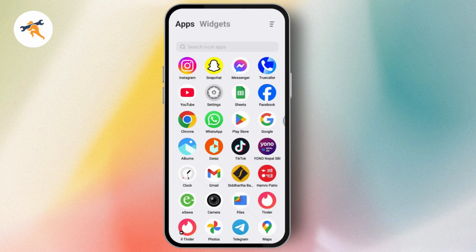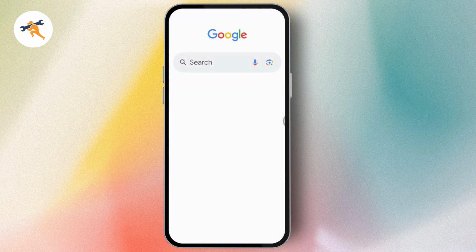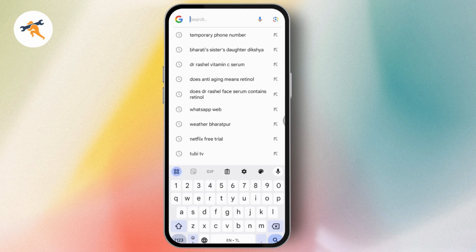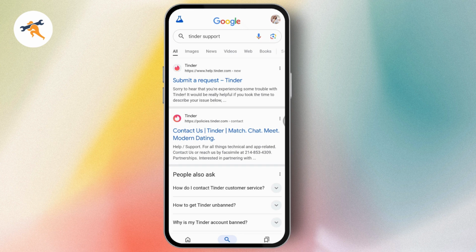So if you want to unban Tinder account, then what you need to do is first open up your Google or your browser, anything that you're comfortable with, and go with search. Under search, you need to search for Tinder support. Once you go with Tinder support, you will have a submit a request. On the first, you need to simply tap on submit a request and it will take you to the request